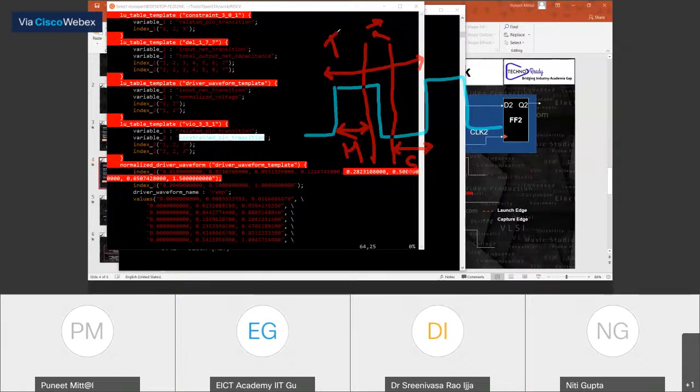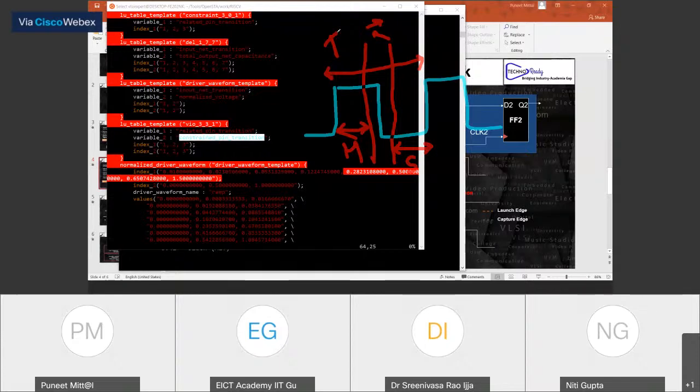As per the library, setup time is fixed for a particular transition. Let's take it as 2 nanoseconds and 3 nanoseconds. So setup is 2, hold is 3. Let's take an example. That means if your clock time period is 5 nanoseconds, both are overlapping with each other.